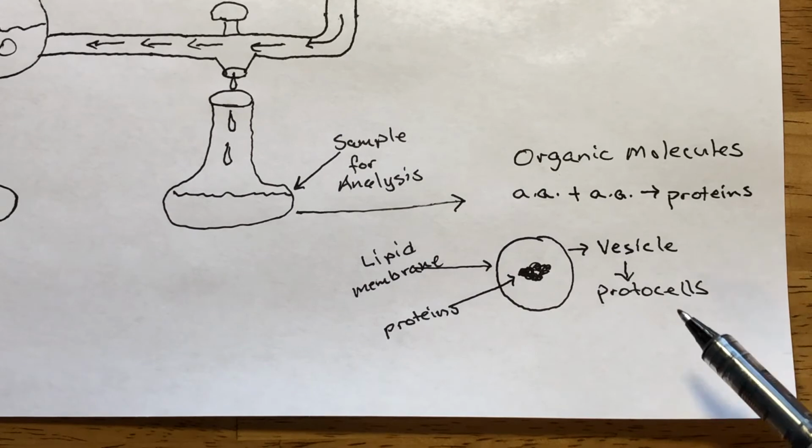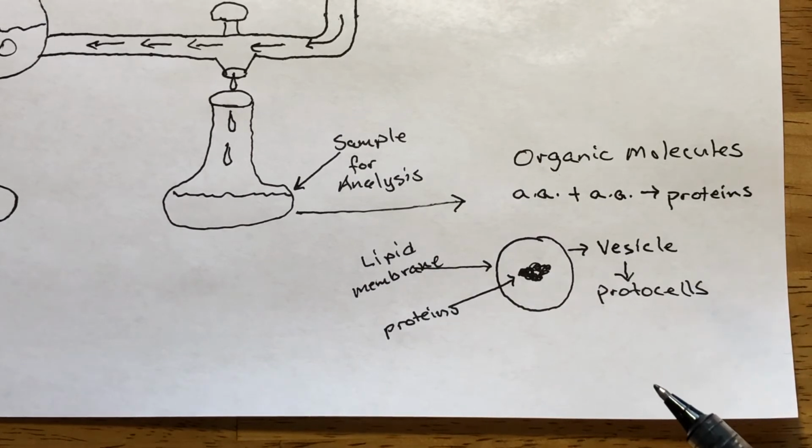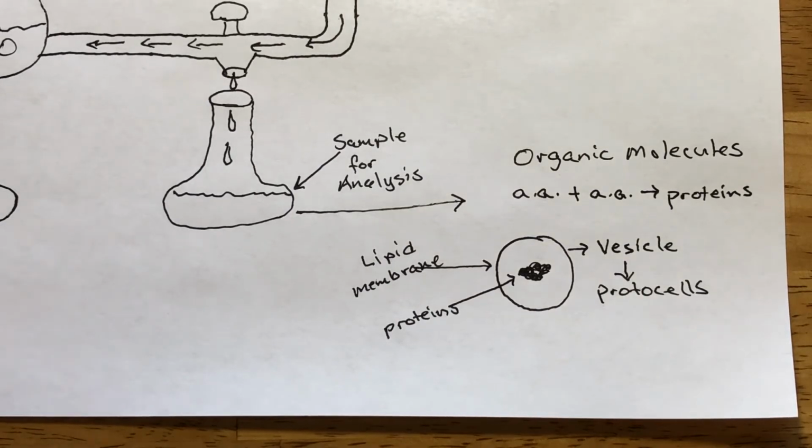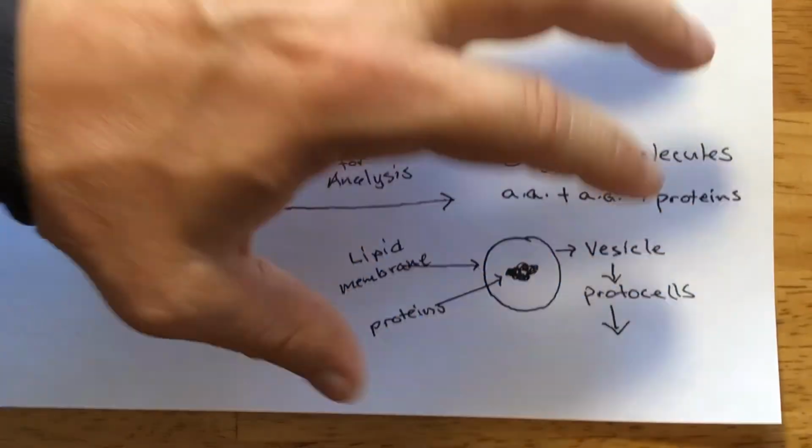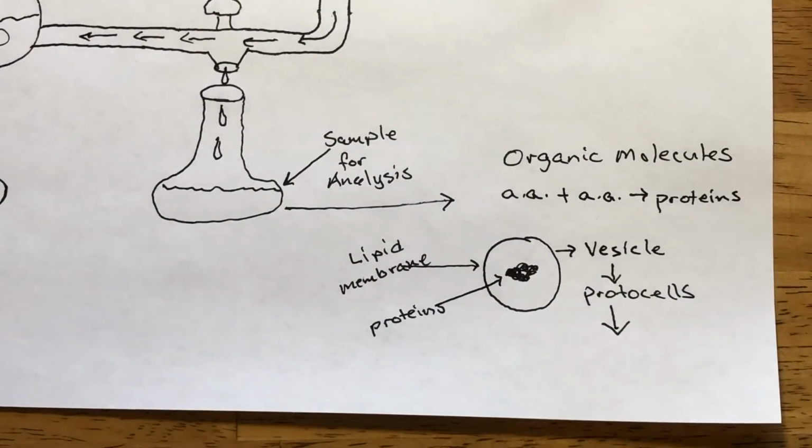But eventually, step by step, we're moving towards those first living organisms that we see fossil records of at about 3.5 billion years. And those protocells at some point cross over this magical barrier where they become the first living organisms on the planet and become established as the first true cells on the planet,